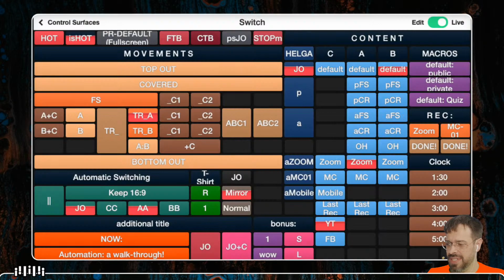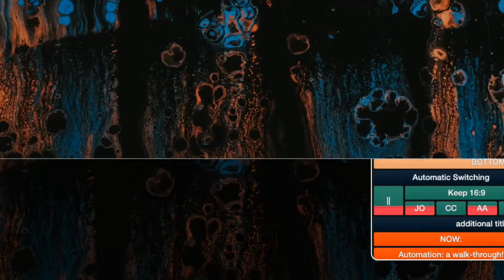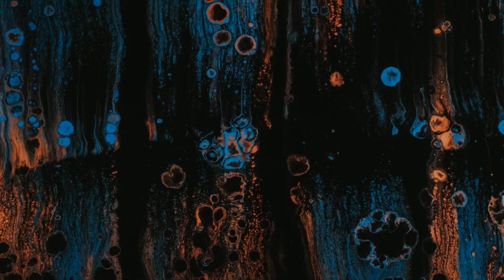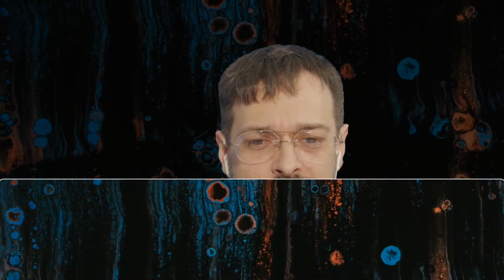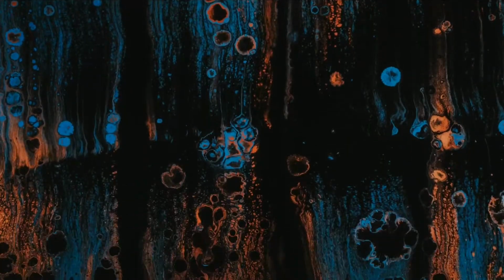So let's test these positions. For this I turn off the automatic switcher, otherwise it would be switched automatically back. Yes, and now let's do some test switchings. I switch all the imagery except the A image to default, and now the top out position. It looks like this. Then the covered position, the screen is covered, and I used this for the transition. As you can see, these parts are all covered. There is also a bottom out transition, and I can bring the cover in and